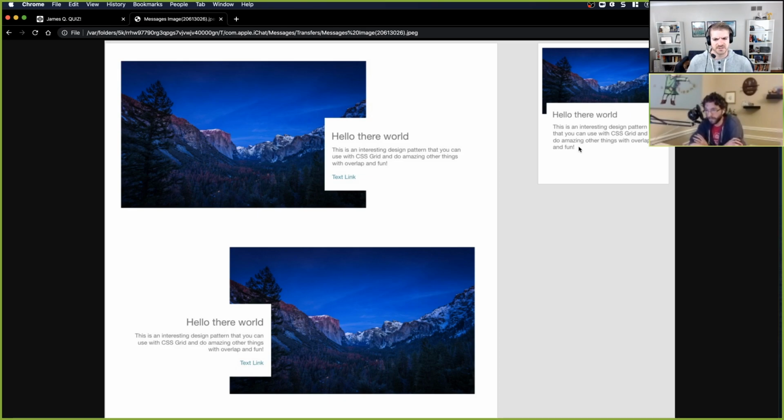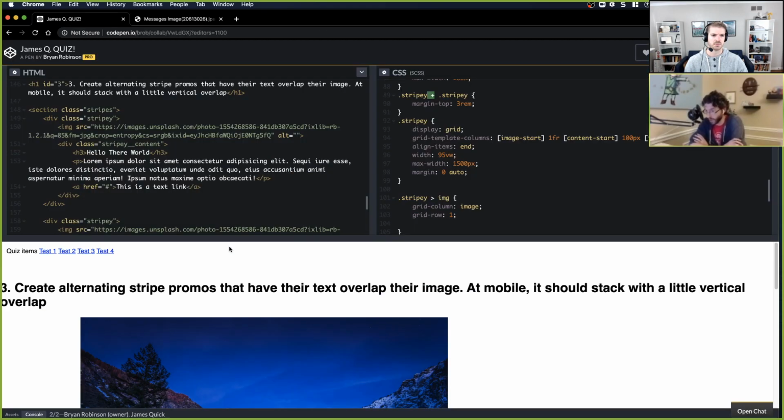Is there any difference in terms of implications between those two? The negative margin top, I believe, will pull the entire flow with it, and the translate Y won't. It'll leave the box where it was and just translate the content up. So either way is fine. The margin top is probably the safer solution to go with.